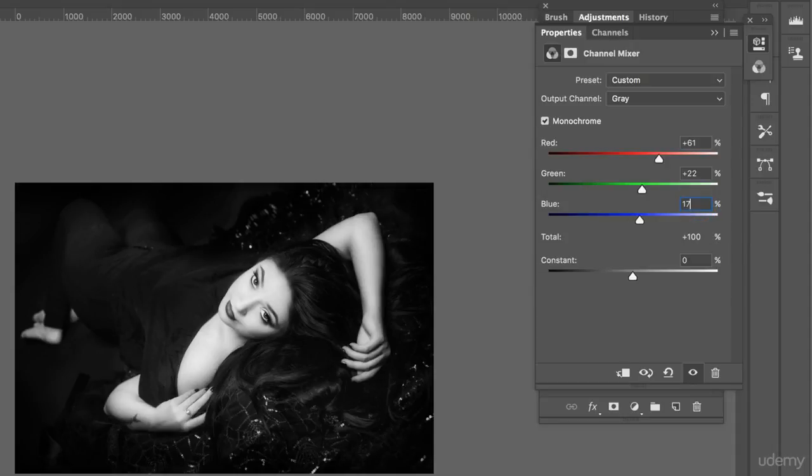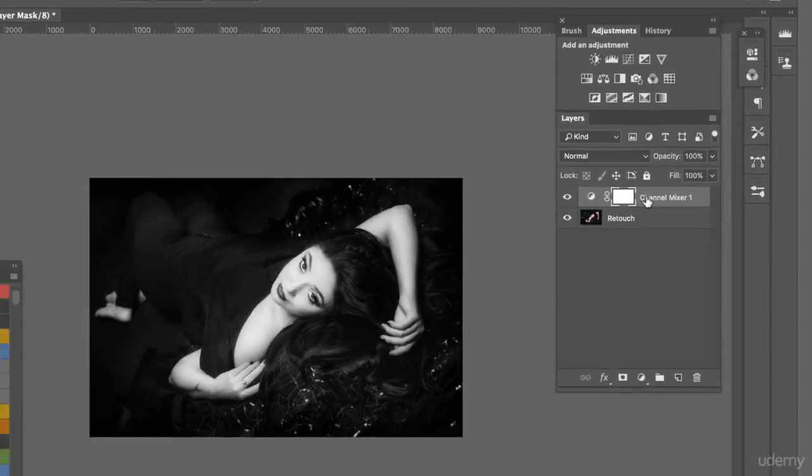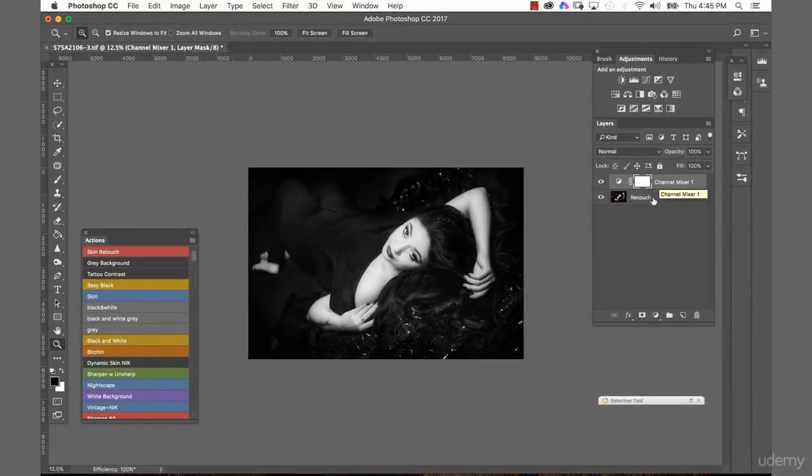So let's just bring the blue down to a point where Photoshop doesn't say anything against us, and it's 17. I somehow can't bring this in exactly, but now we have Photoshop back to 100 in the channels. So we have red now with 61, green with 22%, sorry, and the blue is at 17%. So the channel mixer might also be a very interesting way of just playing with all those different colors, and